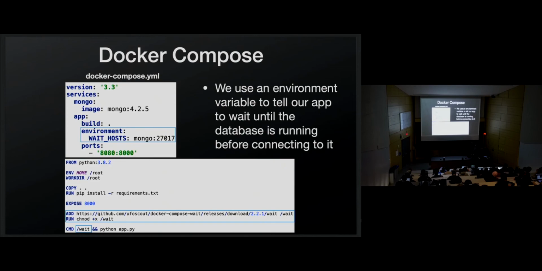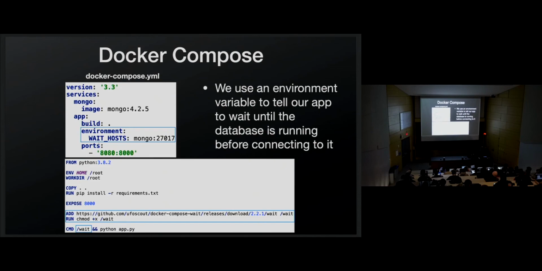And for my money, I like this answer. This GitHub user, UFO Scout, I haven't met them, but they're fantastic because they solved this problem and just made the solution freely available. Last I heard, UFO Scout has a pull request to actually add this to Docker Compose, which would be fantastic. We wouldn't have to have this as a workaround. We would just use it as a Docker Compose feature. Not sure if that got merged yet. I don't know what the status is of that. But for now, we'll keep doing this